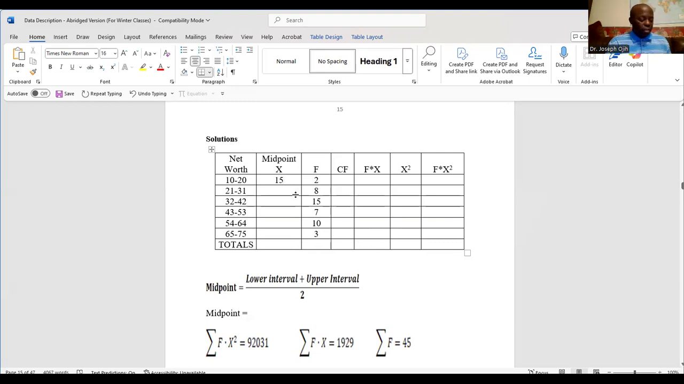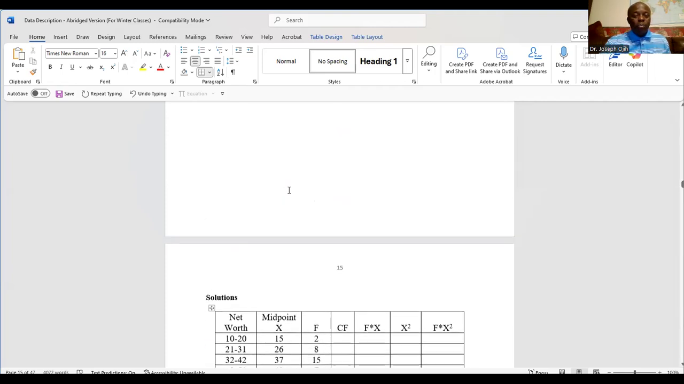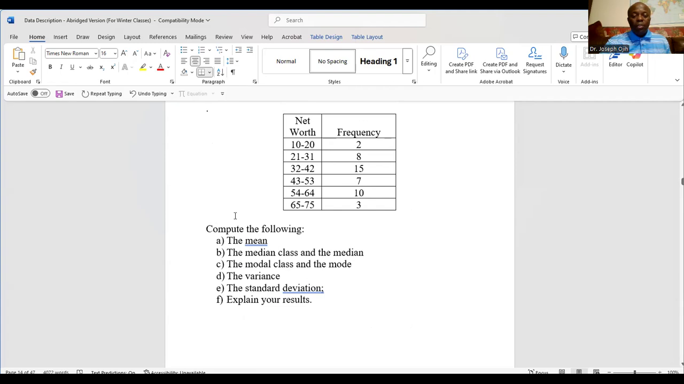And I have it down here. 21 plus 31 divided by 2 will give me 26. So the rest of them, I'm going to put them in: 37, 48, 59, 70. Again, remember, for grouped data, you will not be able to answer all these questions